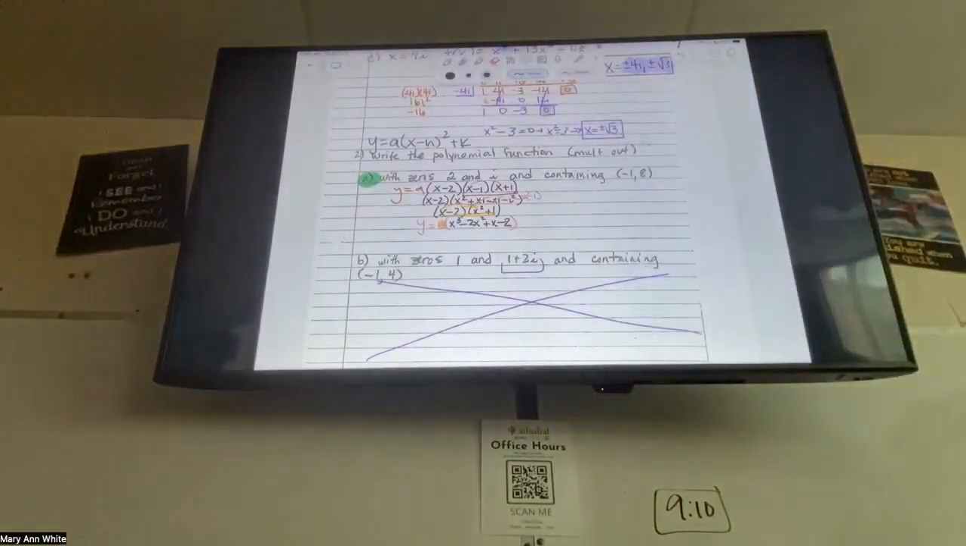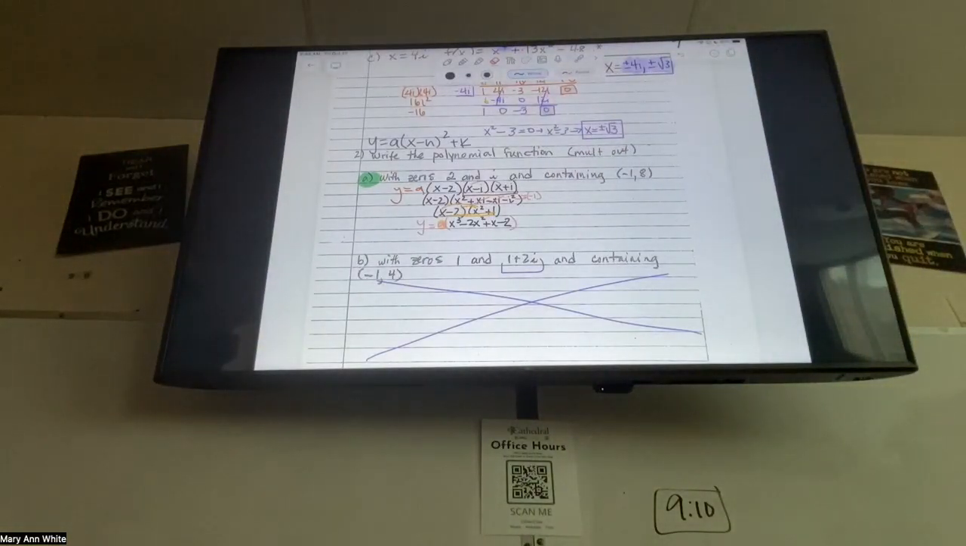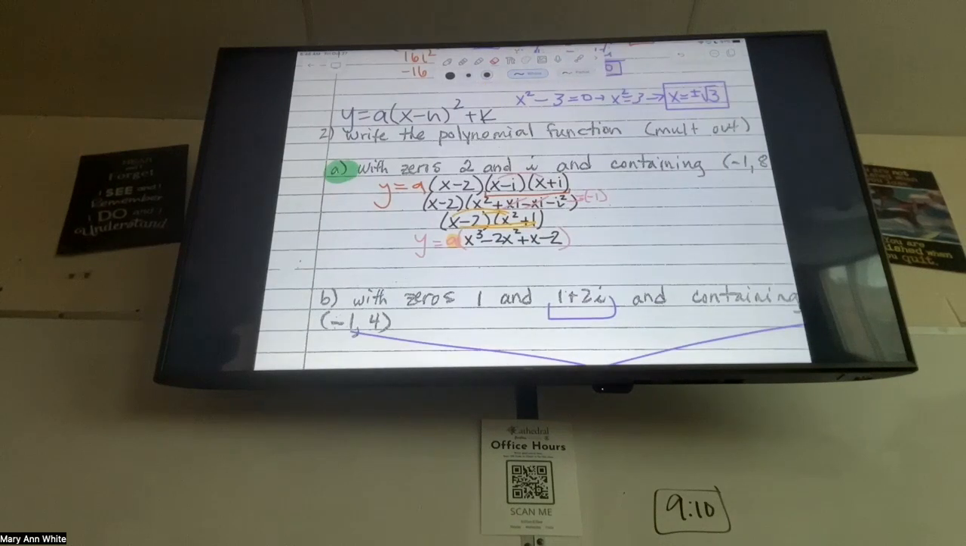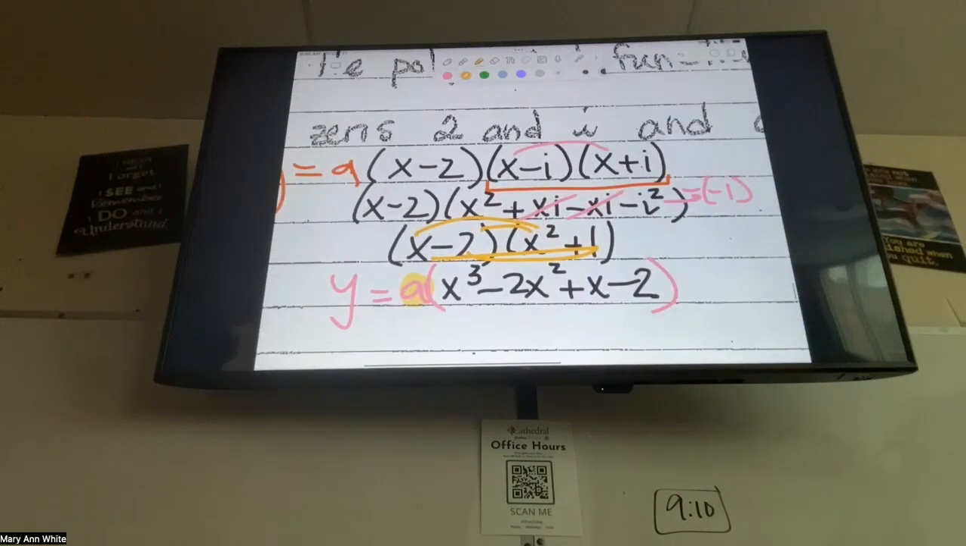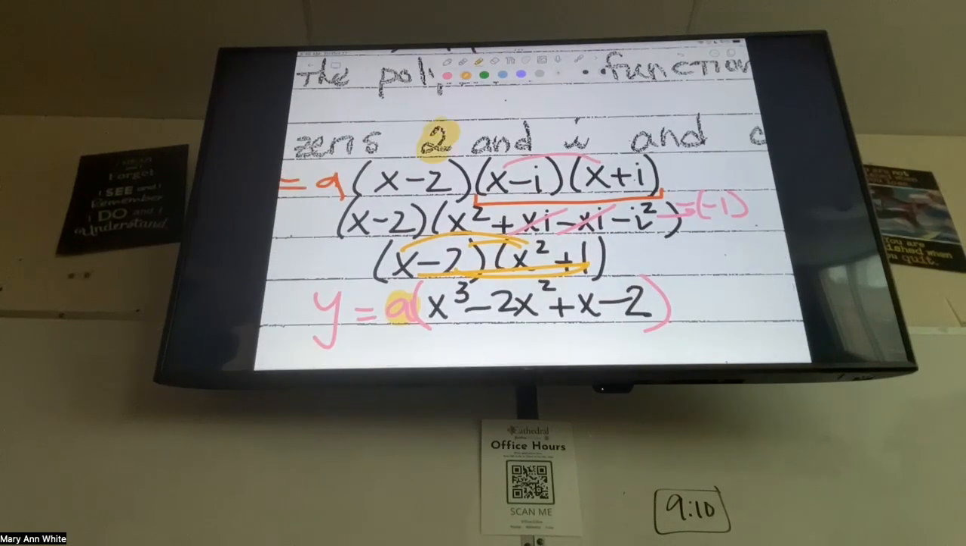So we are looking at 2A, and we've already started this one, right? The reason we started this one is because I kind of told you that this part of it was fair game for the quiz. So if I told you we had zeros of 2 and of i, we could write our factored form of this. We could write that in factored form as x minus 2 and then x minus i,